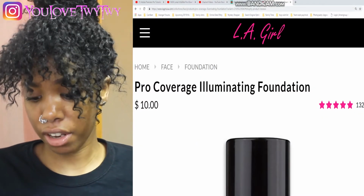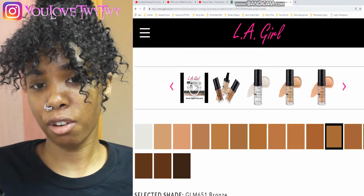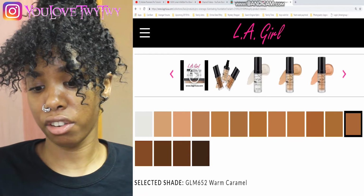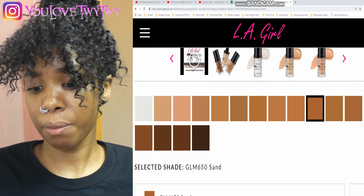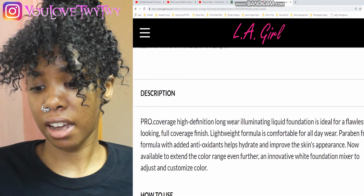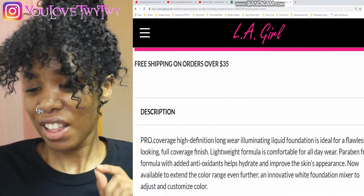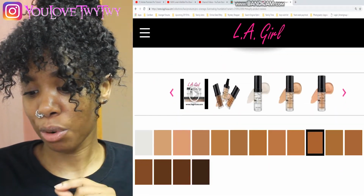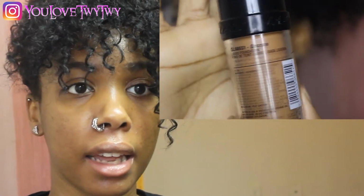The Pro Coverage High Definition Longwear Illuminating Liquid Foundation is ideal for a flawless looking, full coverage finish. Lightweight formula is comfortable for all day wear. Paraben free formula with added antioxidants helps to hydrate and improve the skin's appearance. Now available to extend the color range even further is an innovative white foundation mixer to adjust and customize your color. So I got the color bronze,